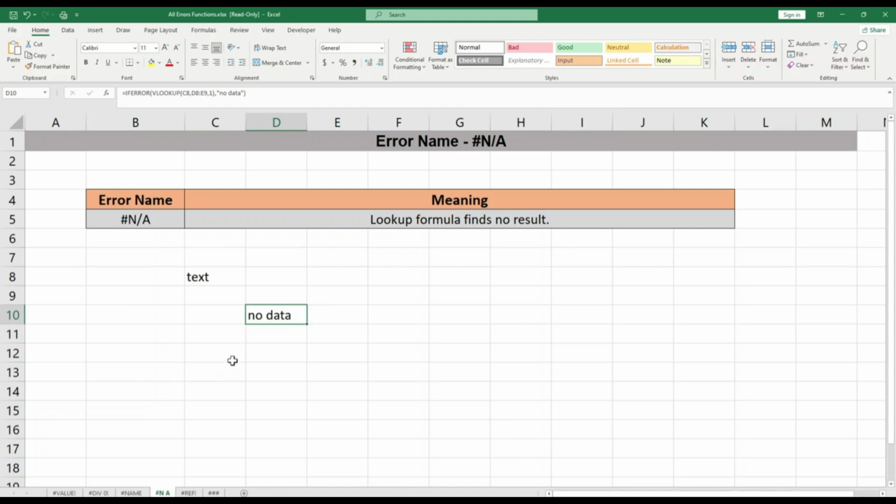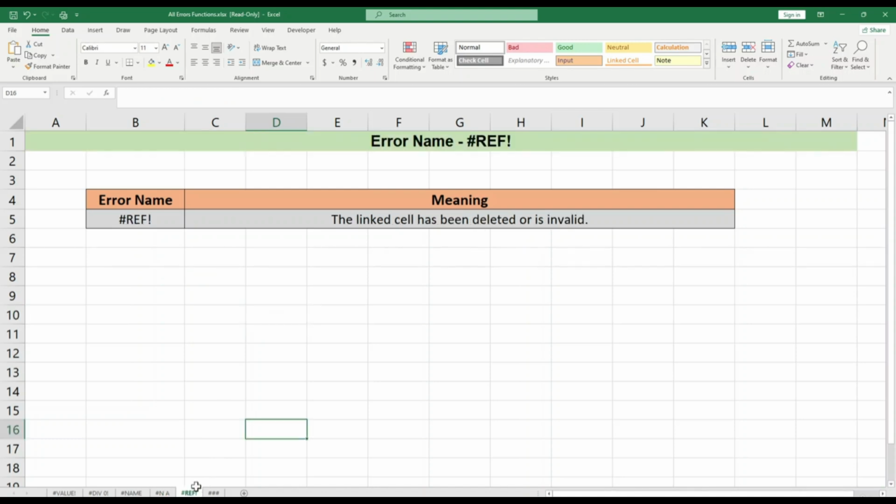Okay, now let's move into the reference error. This means the linked cell has been deleted or is invalid. Okay, so this happens when you reference a cell that is not valid or has been deleted. We will explore how to fix this error, or I will just show you when you can get